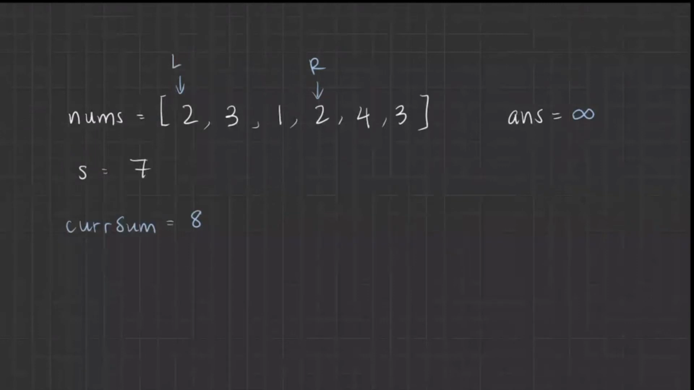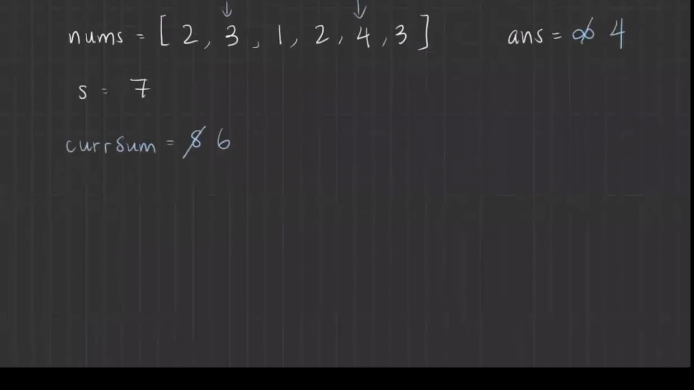So that means this subarray right here is a valid subarray, and its length is 4, which is less than infinity, so we can replace that with 4. Now that we have a valid subarray, we can zone in on a smaller subarray to see if it'll still be valid by incrementing L. So now the current sum is 6, which is no longer valid, so we increment R again. So now we get a sum of